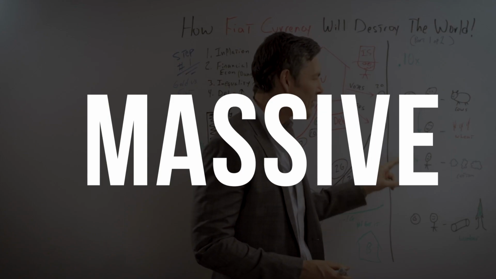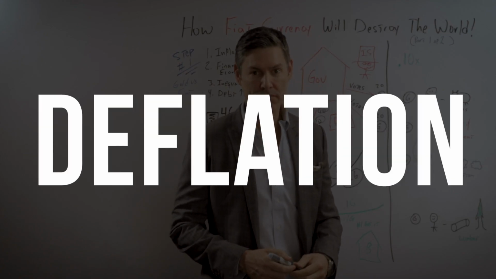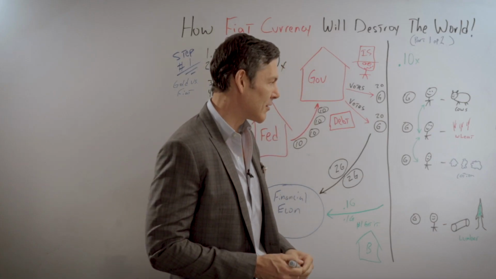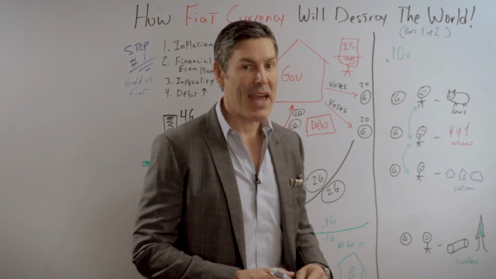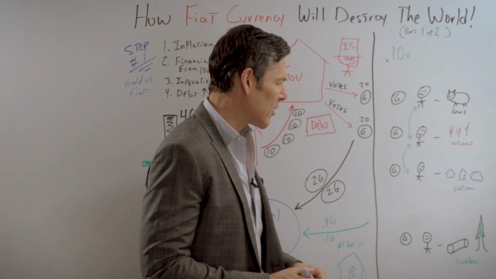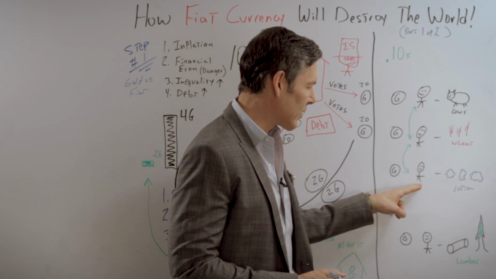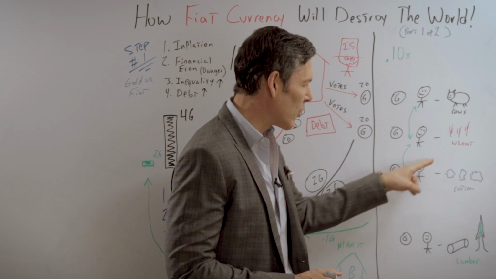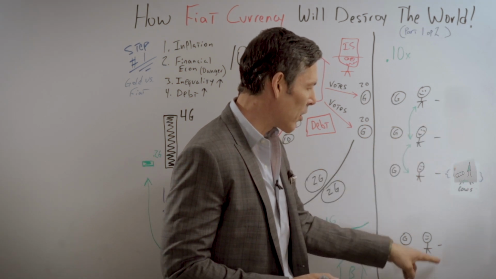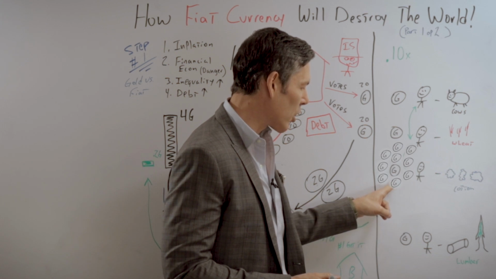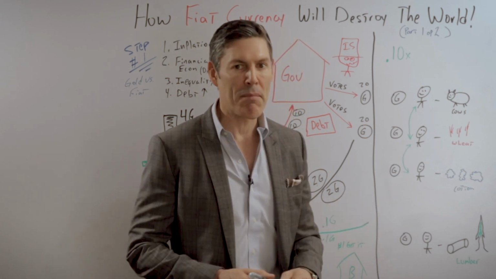This is massive deflation, according to the economists, especially the Keynesians. But in this situation, demand did not go down. Why is that? Because this guy doesn't care what his currency unit is. He just needs to get wheat, cows, and lumber for his family. So whether he's trading a dime or a gold coin, it really doesn't matter to him.